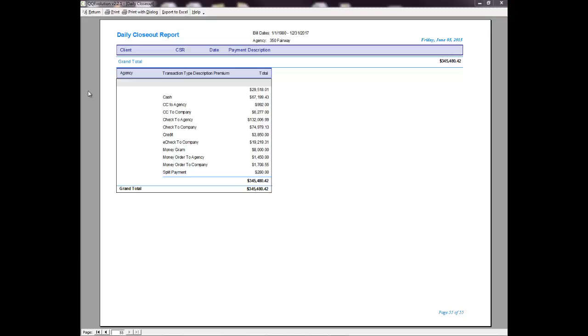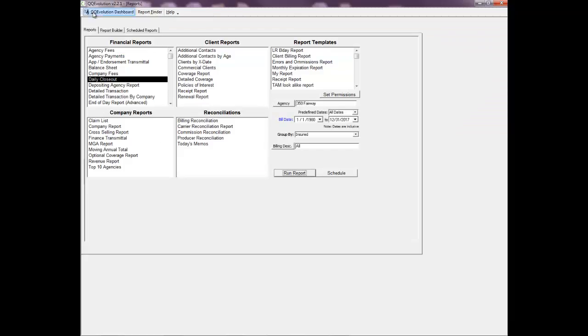Another report that we are going to review is the sales report within the financial report section. The sales report will give you a report on all new business policies that were written for a specific period of time. It does pull active policies only, so if your policies are in there still on, let's say, a pending basis, or maybe they're in there as being canceled or expired, that information will not pull onto this